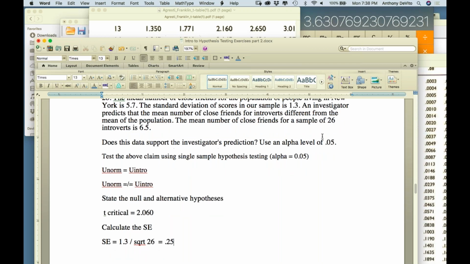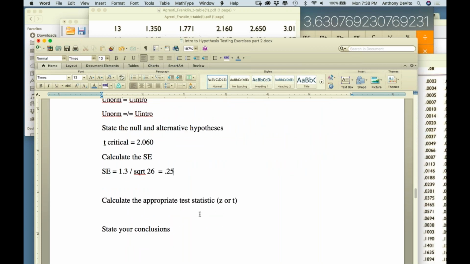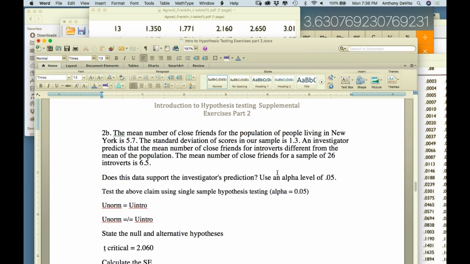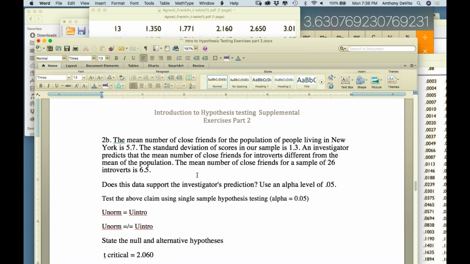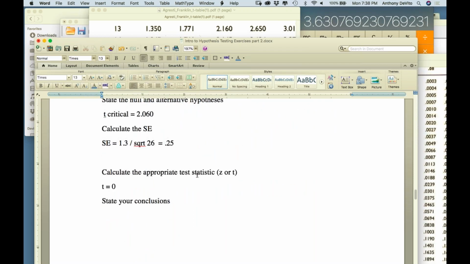Okay, and we're doing exactly the same calculation, right? Our t-value now is equal to 0.8, which is 6.5 minus 5.7 is 0.8, divided by our 0.25, is equal to 4. Our t-value is equal to 4. I don't think we had the same numbers before, exactly. It came out to be 3.7. It wasn't 0.25, it was something else, I think. Okay, so our t value comes out to be 4.